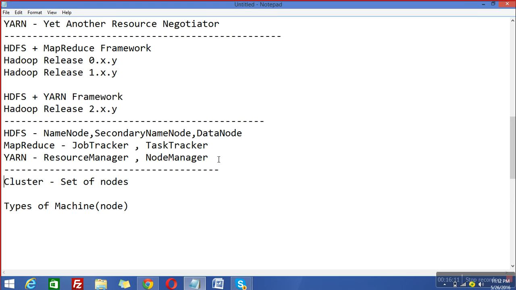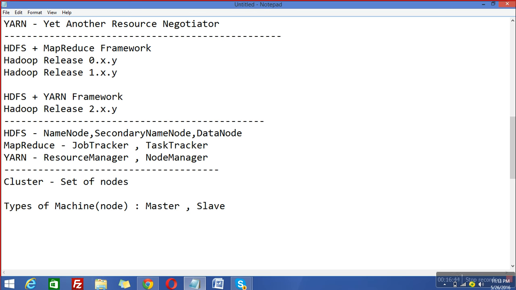In real time, we work on a multi-node cluster of Hadoop. Multi-node cluster means in which we have several machines. And there are two types of machines named master and slave. So in real time cluster you will find limited masters and there can be large number of slaves. So these masters basically control all of the slaves. And slaves are the actual workers and masters are the controllers. Okay?